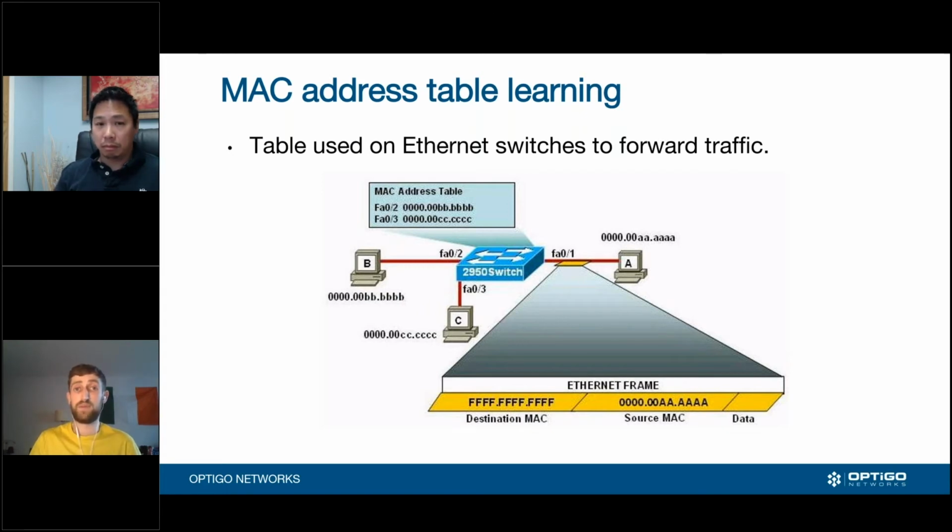If not, we may need to ARP and try to find where it is, or if there is anyone out there that has this MAC address, and then we can put it in our table and we can learn it and have it for next time. So it's just a way of learning and seeing where the source and destinations are coming from. If the source comes from a specific port, then the destination, if that's the destination, we're going to send it back out that port. Obviously, you're not going to be sending it to yourself, but just these different ways that we can